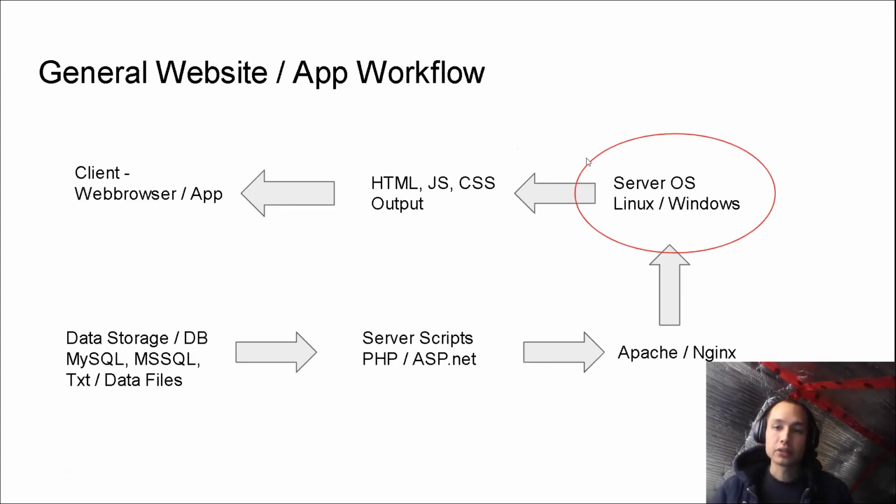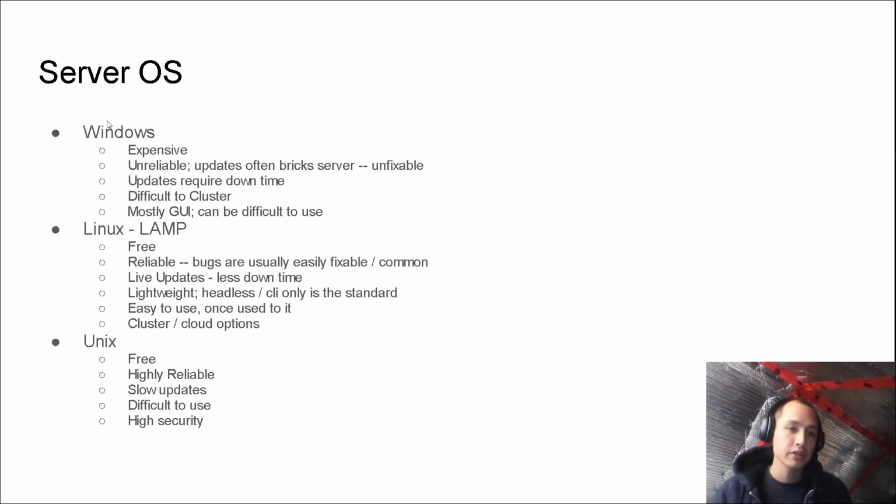All right, so then we have our server operating system. You can choose between Linux, Windows, maybe even Unix if you're crazy enough. Problem with Windows, it's expensive. You have to pay for licensing fees. It's like $1,000 for a license per server, and you got to be crazy or an academic to use it. It's unreliable. The updates often break the servers,